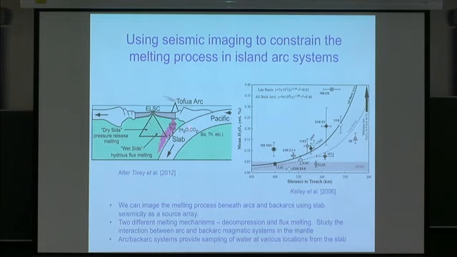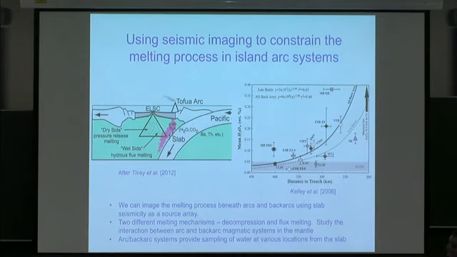So we have both the flux melting from the slab, and we have decompression melting largely in the backarc spreading center. We can image them both, and we can also image the interaction between these two melting systems. Furthermore, by looking at backarc spreading centers at different distances from the arc, we can look at